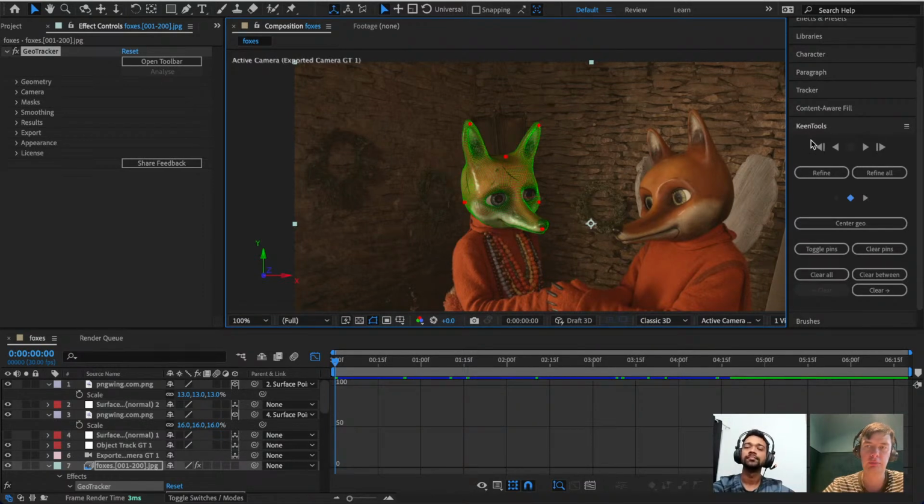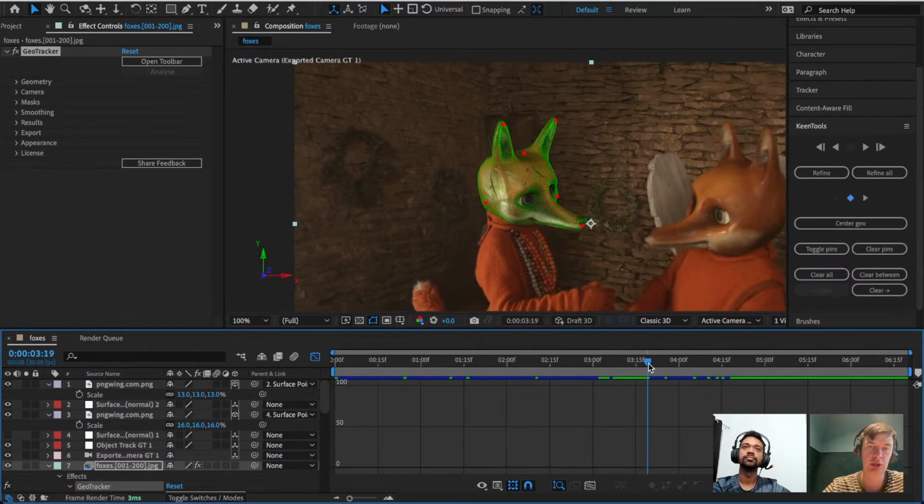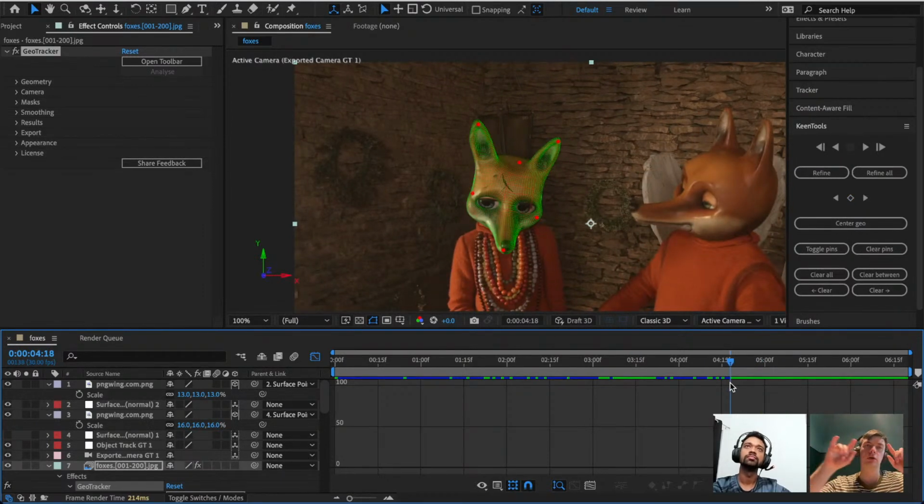We also have a toolbar here, with track forward, track backward, one frame forward, one frame backward, refine. Refine all is not obvious, but if you have lots of keyframes and you want to refine the whole shot, you may click refine all instead of refining every range between keyframes. All other points are more or less straightforward, except toggle pins and clear pins. Sometimes something goes wrong, but we'll see it further because something will definitely go wrong in future. Okay, that's basically it with this